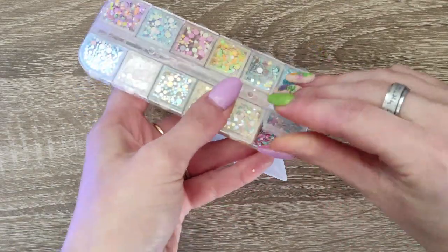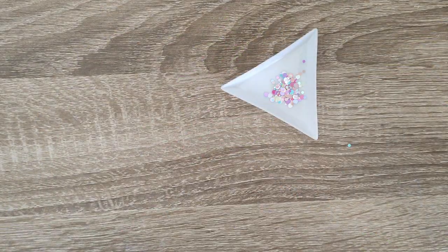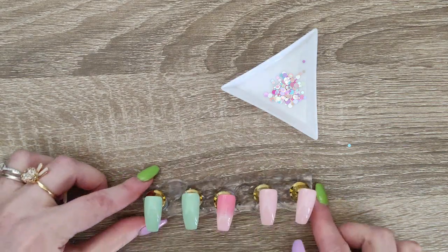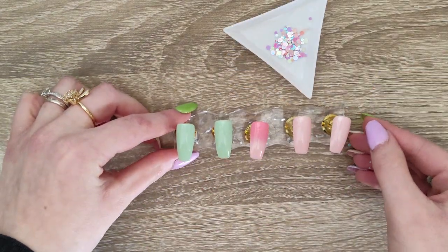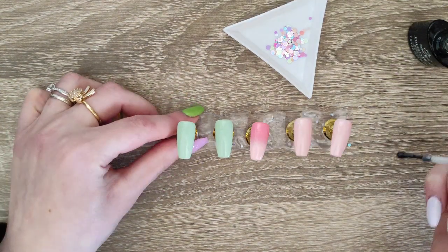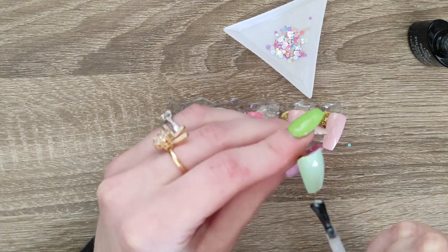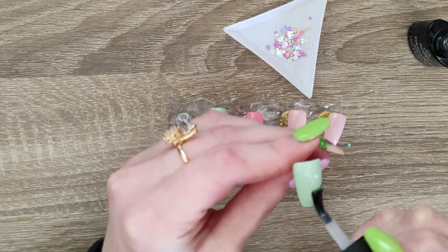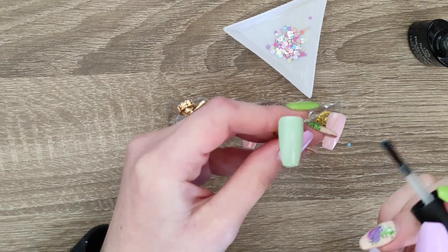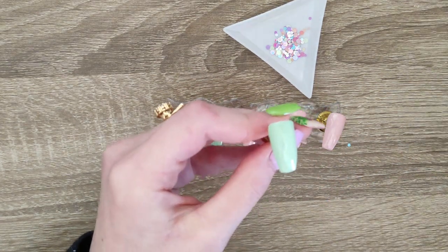I'm going in with these really pretty sparkles, these loose glitters. They have a bunch of different pastel colors to them, and I thought they were so fun. So I am using a base coat here as like a sticky layer to stick the glitters into, so I'm going to go over, and I won't cure until I'm ready with all the glitters. So I will put down the base layer,